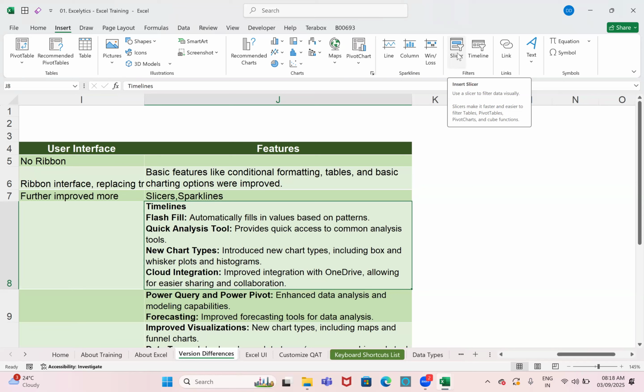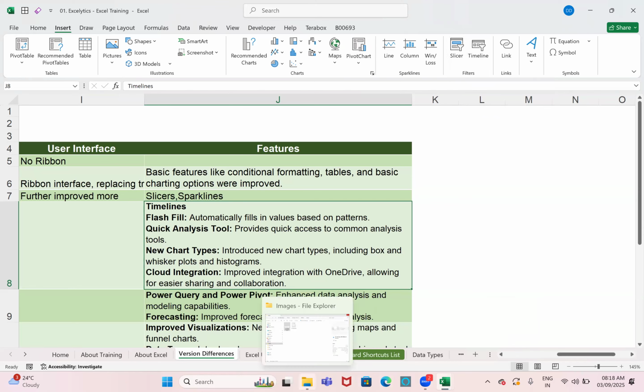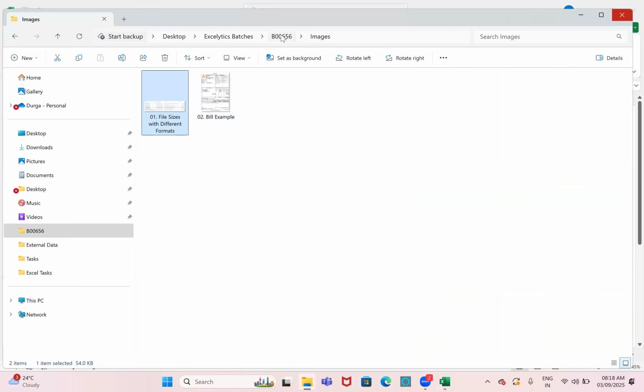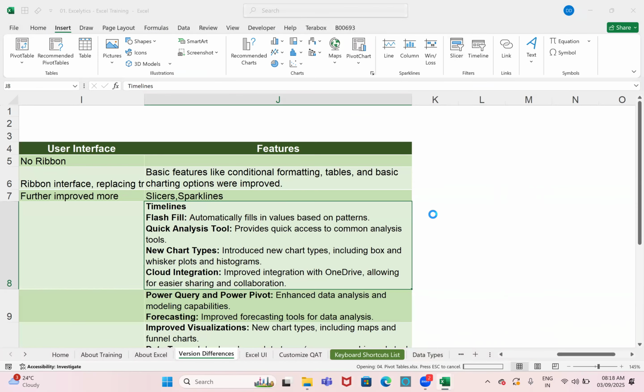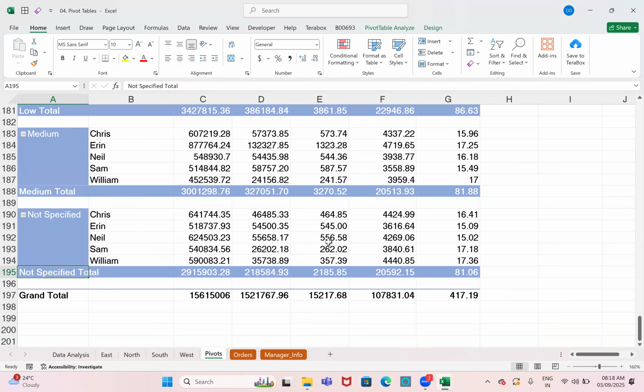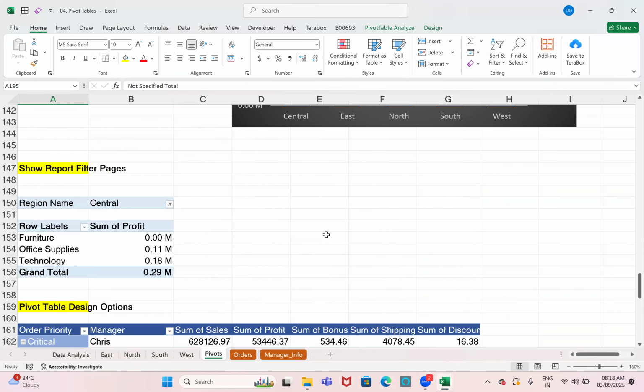Okay. This slicer you can apply for any column, any kind of column. But the timeline option you can apply only for date related fields. Okay. I'll take a small example. Let me go to one dashboard or pivot table. Okay. I have some report here, right?